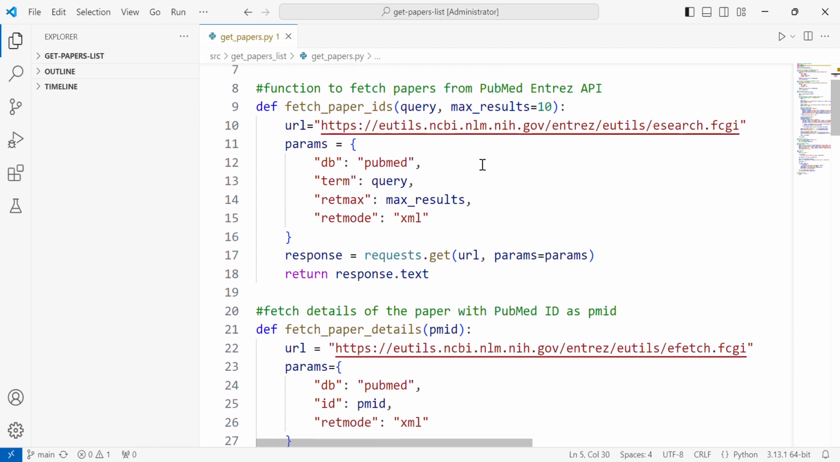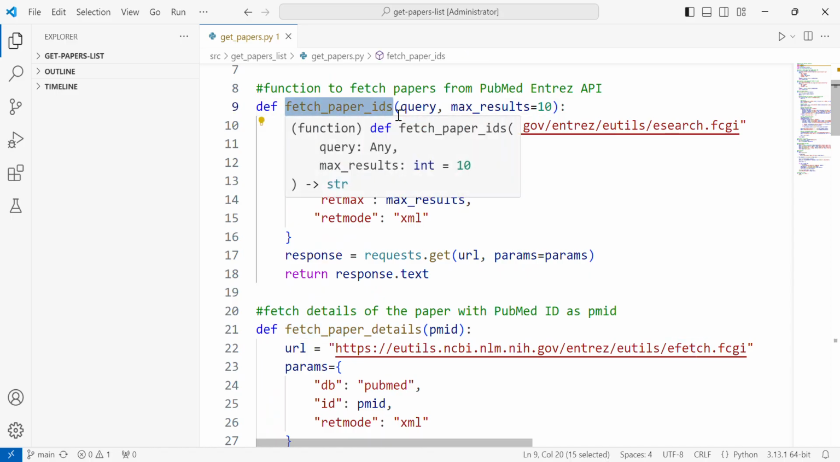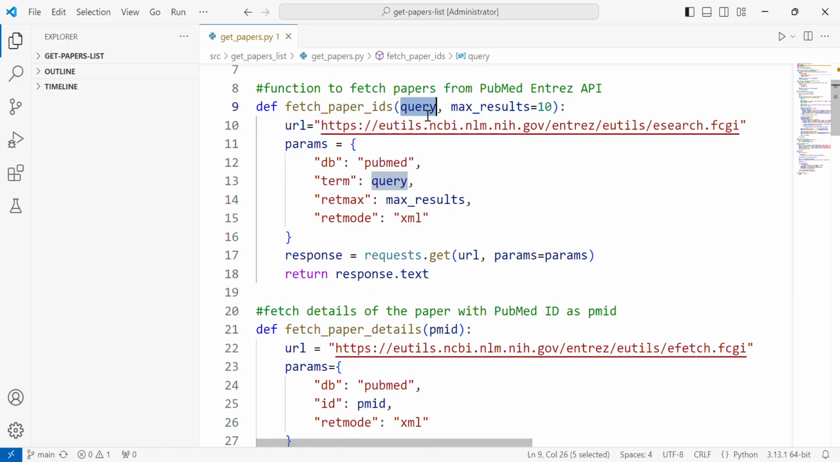Fetching paper IDs. The function fetch paper IDs sends a query to PubMed using the Entrez API at this URL and retrieves a list of PubMed IDs matching the search. The max results is an optional parameter here because there can be a large amount of data for some projects. I have set it to 10,